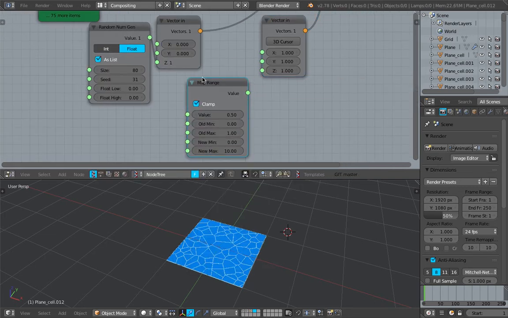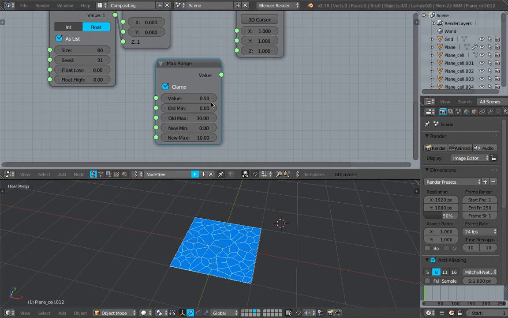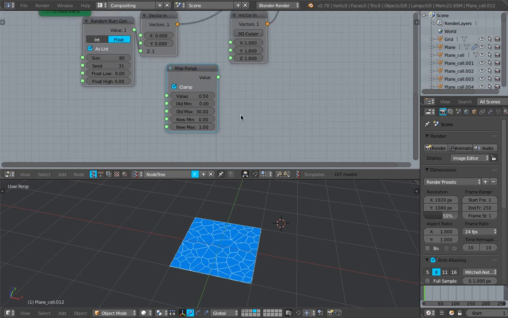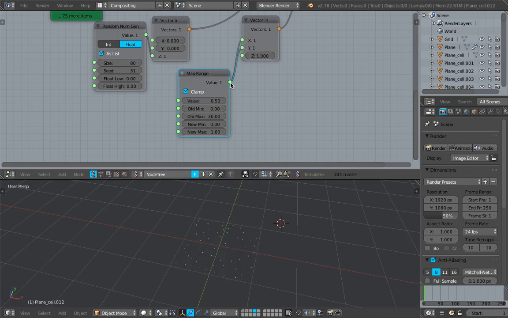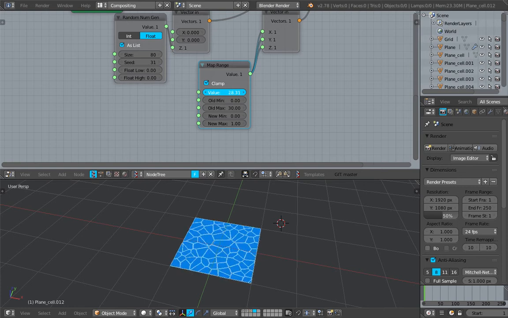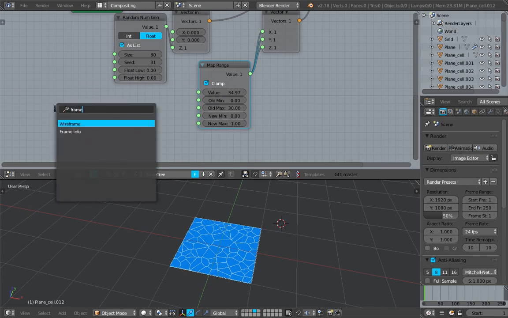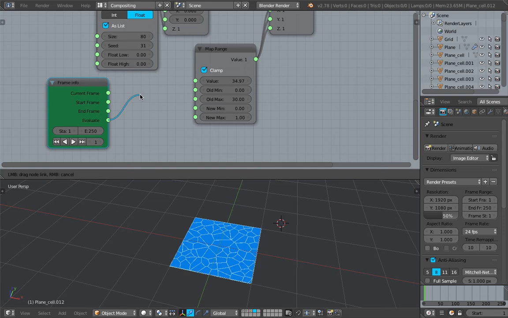You just need to give it something like this. So let's say maybe 30 frames. For each piece, it will take 30 frames, and it's gonna go from value 0 to 1. Plug this into the XYZ of the scale, and now all we need to do is provide a random value for this value here. For that, we can use frame info. If you plug in the evaluate